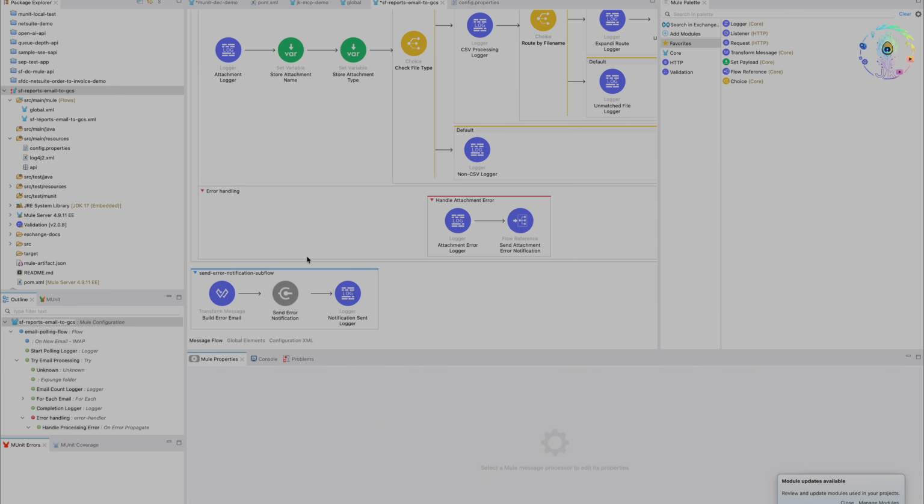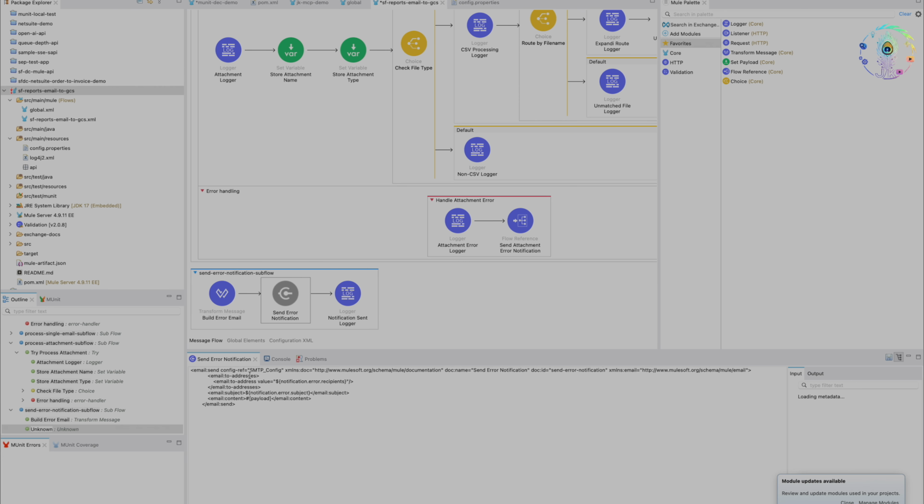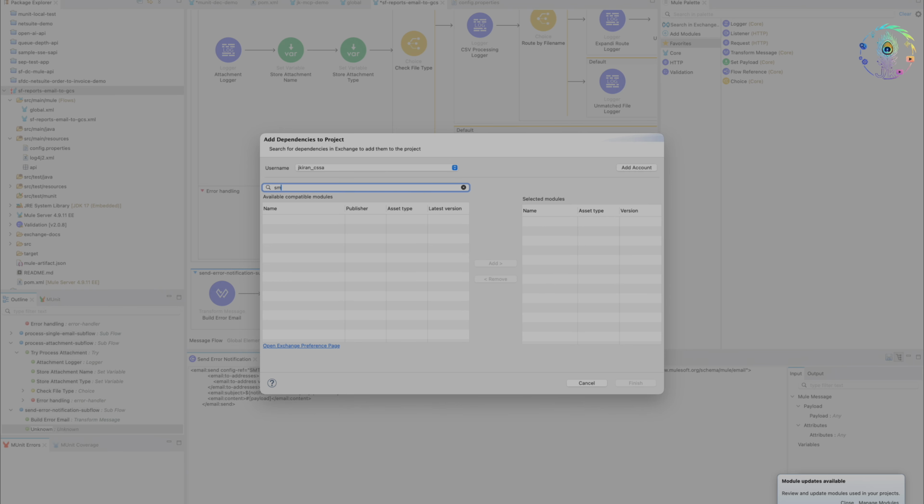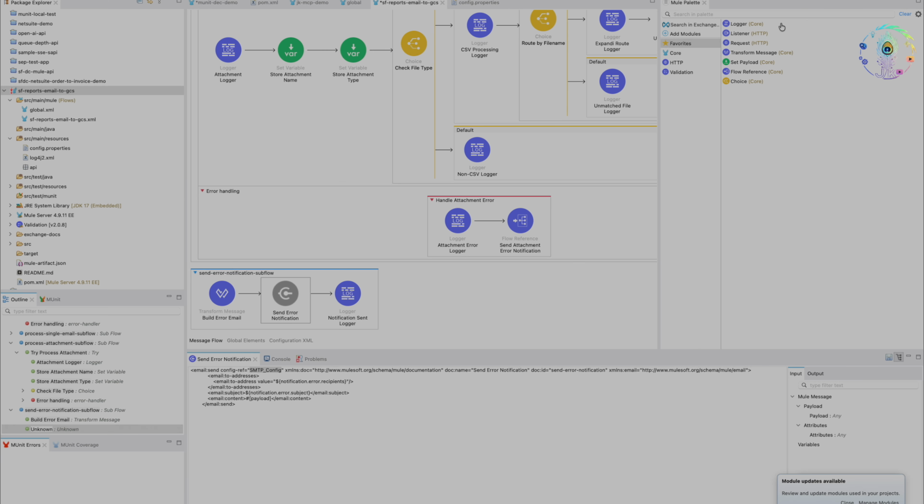If you see end to end, there are few grayed out icons because these are the dependencies. We don't have Google Cloud Connector which supports Mule 4. That's why these are here. So if you see, this is a SMTP configuration, so make sure you put SMTP here. If it's not there, go to Exchange and then type SMTP, and the connector will pop up. Email connector, we would like to use email. Yeah, we already have email here,